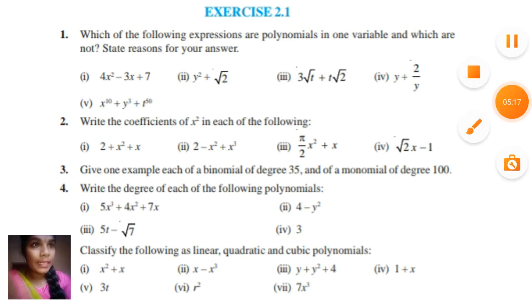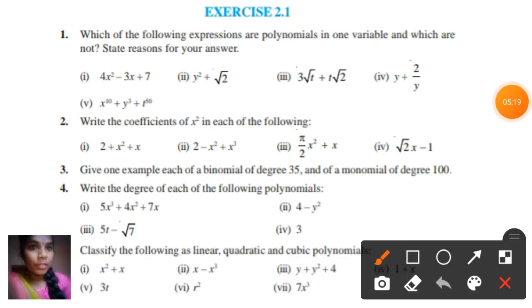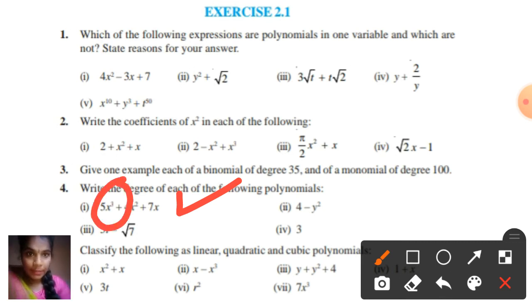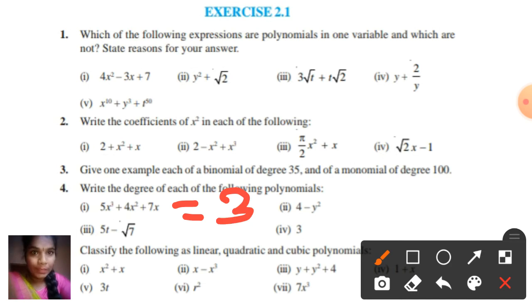If you can see in the first expression, it has x cube, x square and x as variable terms. If you see among these, which x has more power here? Of course, our first term x cube, correct? So 3 is the highest power in this expression. So I can call the degree of this expression as 3. Is it clear? Now coming to our second expression, 4 minus y square.